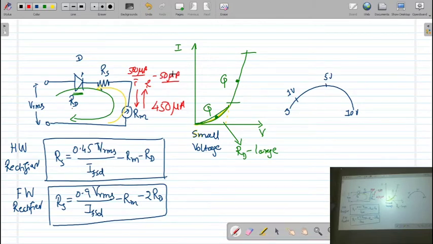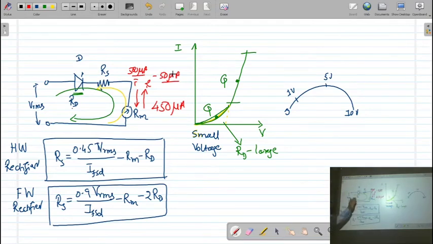And 450 microampere, when it is flowing, is not indicating the exact value of the voltage. So we have to make an arrangement in such a way that when the diode is in reverse bias, the reverse bias current should not pass through the meter. Okay? So what is the first difficulty? The first difficulty is that when my input voltage is low, the operating point is in the non-linear region, and I have to shift my operating point into a linear region.